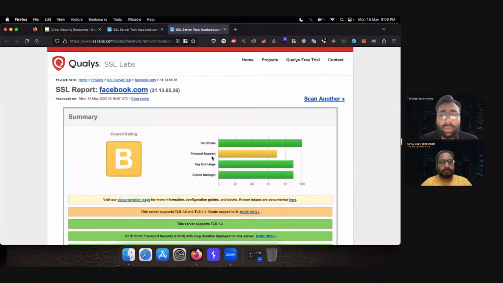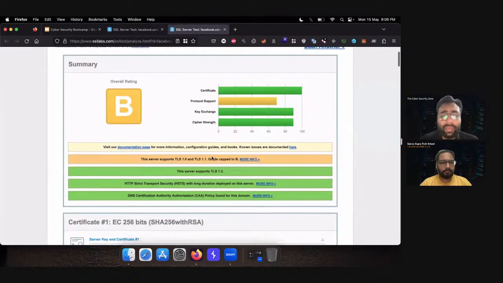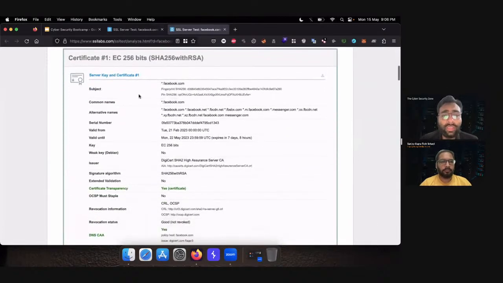Here you can see all the related information about the facebook.com SSL certificate. The subject name is facebook.com. What is the fingerprint facebook.com is using? What are the common names? Alternative names: this certificate is applied to these domains as well, like facebook.com, facebook.net, fbcdn.net,